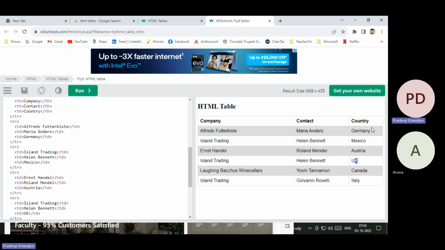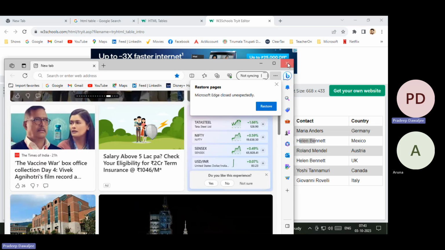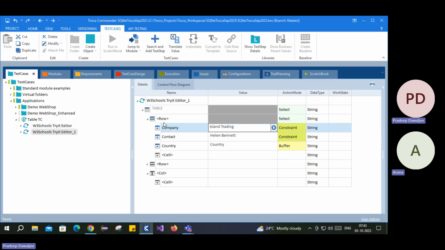and use it. But if let's say even in this scenario, this is not matching and all the columns have the same data, but we just want either the first or second based on some index, right? So we are saying now first or second. So in this case, let's say I want the first with Island Trading and Helen Bennett. If our requirement is that, then on the row, I'll just put something called #1. Now here #1 is nothing but the first